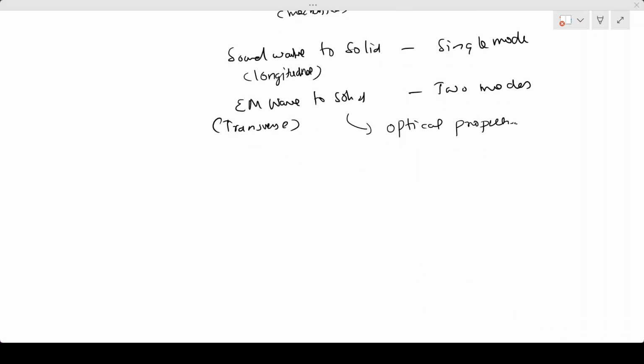Up to now we have focused on the basic aspects of lattice vibration. What is lattice vibration, and how a lattice vibration can be simple harmonic or anharmonic. What are the conditions if you have a free vibration with the normal modes, and an external force you can apply, electromagnetic or mechanical, what will be the resultant, and what properties you can collect from that. Now I'm moving on to the discussion of